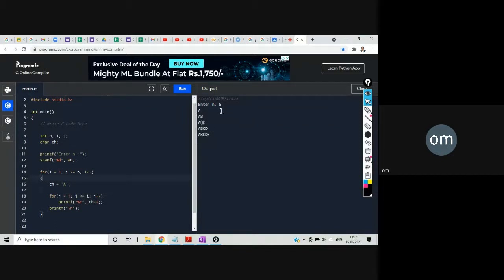Now let's say suppose I want to print this one in the third pattern way. So this will be shifted and this will be right aligned. So for that what will we be doing? Before this we will have to write one more loop. So let me write that: for j equal to 1, j less than or equal to n minus i, j plus plus, printf space here we will print.